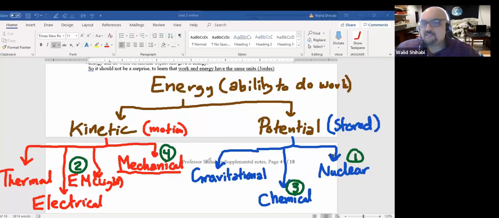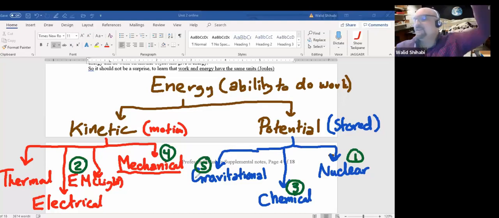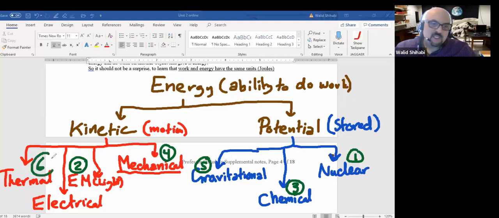You can lift things. When you lift things, you are basically doing gravitational potential energy. So when you hold something and lift it, you are giving it gravitational potential energy. Also, during this process, you are sweating. When you do work, when you run, when you do physical work, you are sweating, and sweating increases the temperature. So it will be changing also to thermal kinetic energy. So you can see here we started with nuclear potential energy, and everything turned into all types of energy, even